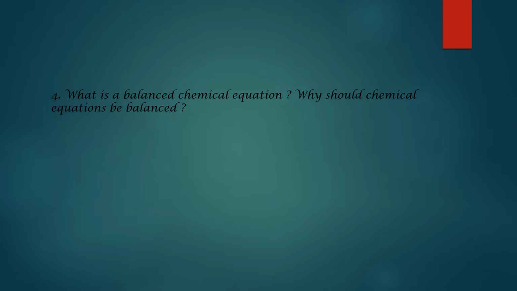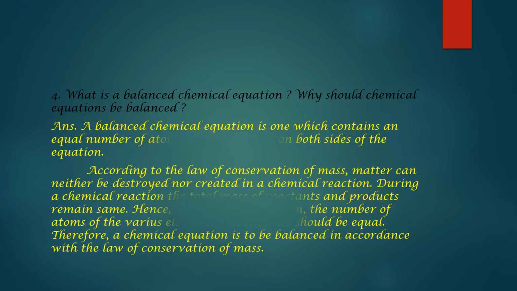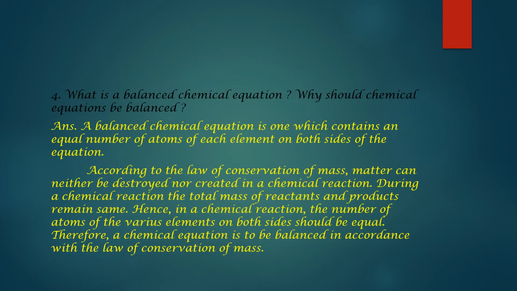Let's see question number 4. What is a balanced chemical equation? Why should chemical equations be balanced? Answer. A balanced chemical equation is one which contains an equal number of atoms of each element on both sides